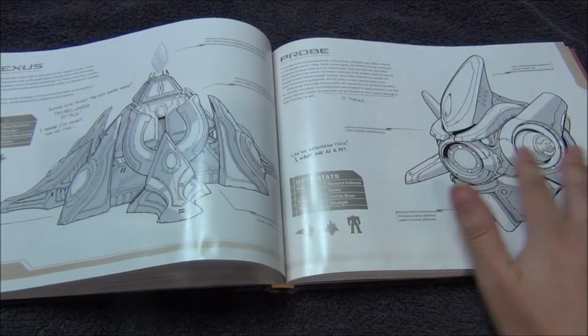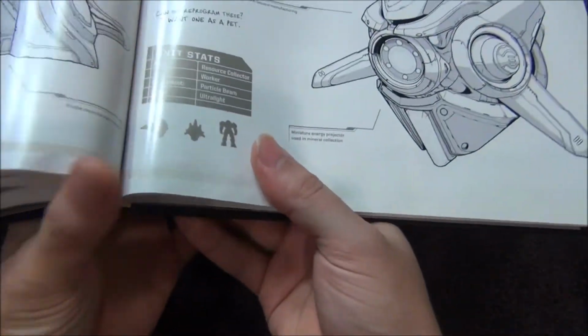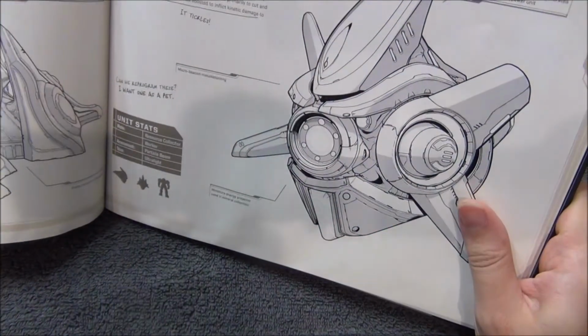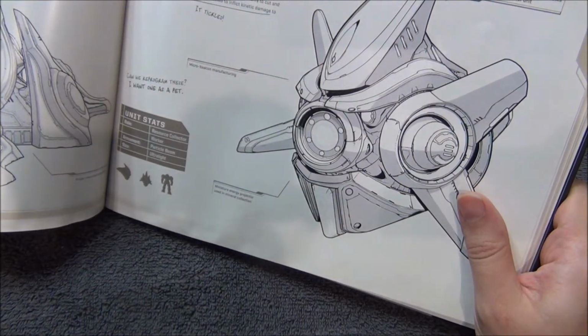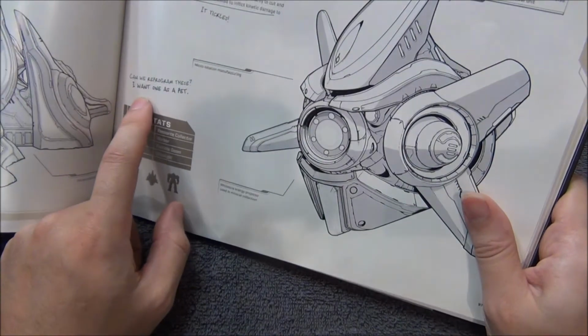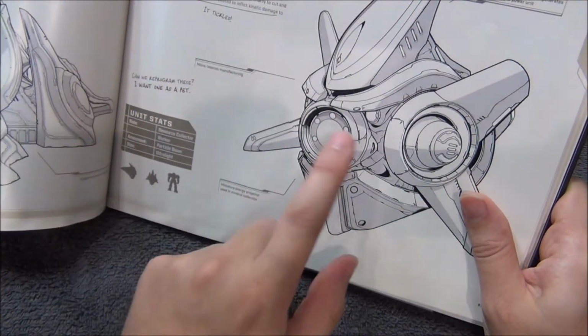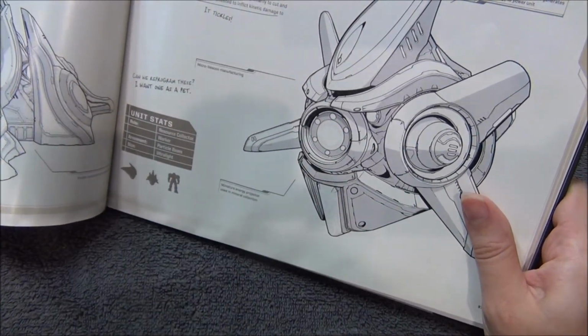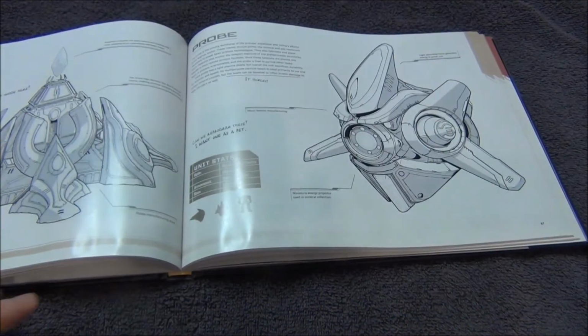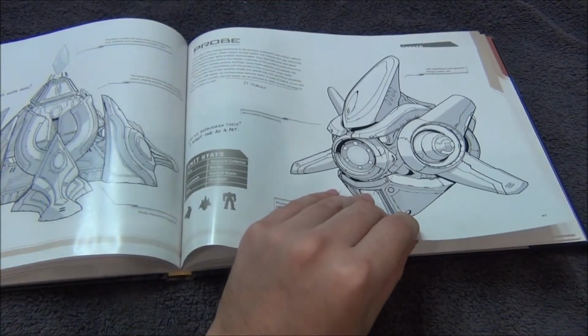But here we have the probe. I know the plasma sight thing from the Necrons was described as weirdly or oddly cute, which not at all. Can we reprogram these? I want one as a pet. I agree. The probe is the oddly adorable cute thing, for sure. Not that plasma sight cannot tech thing. Anyways, with that said,